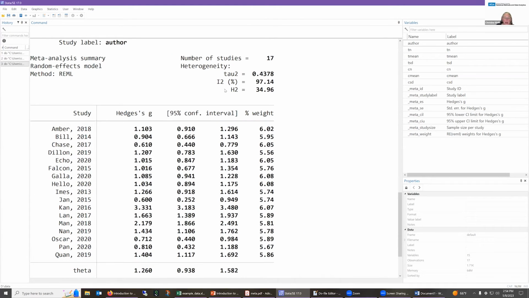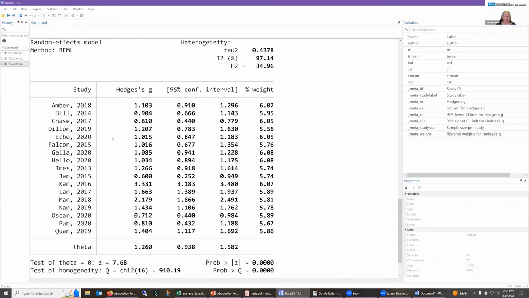Okay. As far as I squared is, since it's a percent, you can tell that say 1% is low, and as you might think, 97% is kind of high. All right, so let's just think about that for a second. Here's our H squared. Remember, the ratio between the random effects and the fixed effects